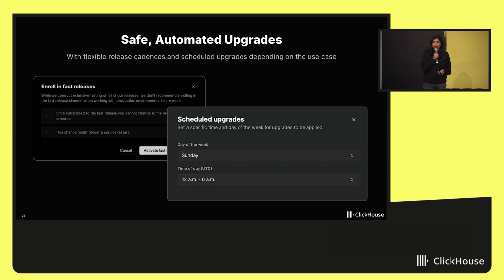We introduced this concept of release channels, which has been incredibly popular. We have a fast release channel, so for those that can't wait for the regular fleet-wide upgrade and want to try your features early, we have the ability to do so. We'll soon introduce a slow release channel, which is really meant for those users that want a little bit more time to do testing and hardening before they upgrade their production environments. We also have the ability for users to schedule their upgrades depending on the day and time window during which you would prefer your upgrades to happen.